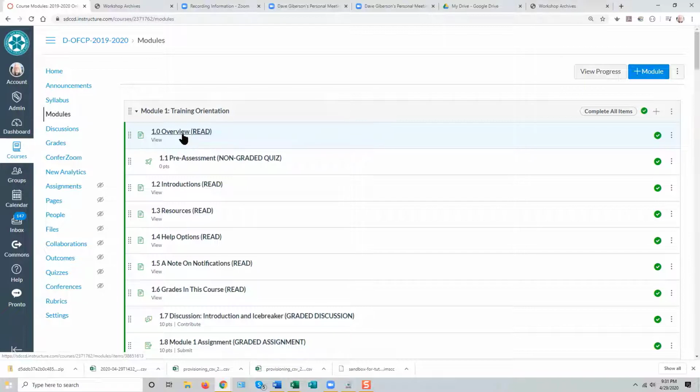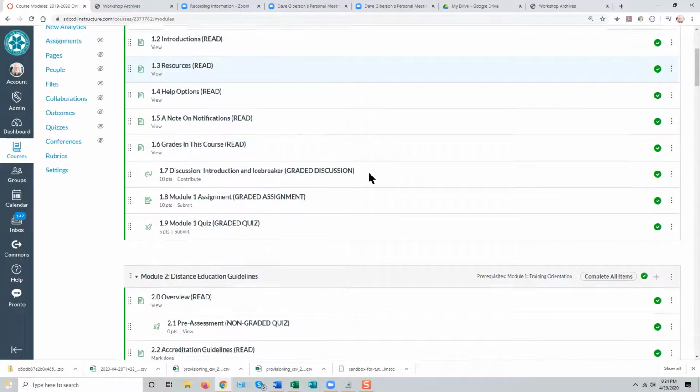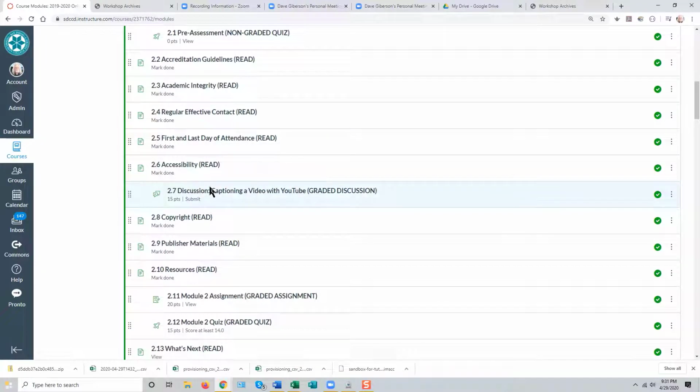In this example, we'll just consider that this video perhaps was created to satisfy Module 2, Activity 7, Captioning a Video with YouTube. Except, of course, we're not using YouTube. We're using Zoom and the Zoom Cloud to record the video. We're using Zoom to record the video and the Zoom Cloud to host it, serve it, and create the captions. And we've edited the captions in the Zoom cloud. So we're all ready to